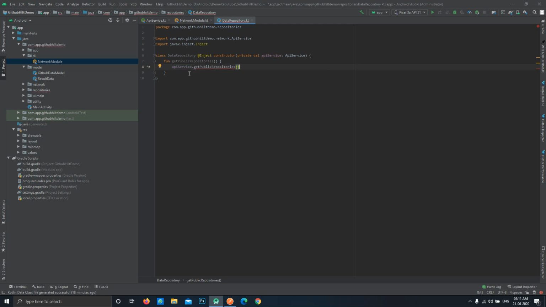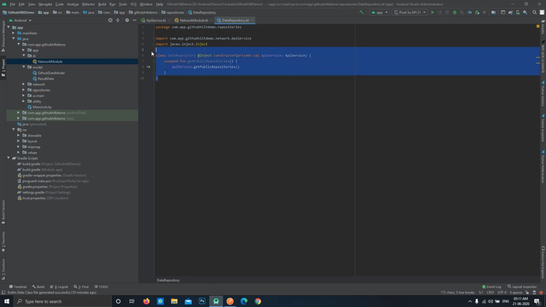Okay, so this will return an error like this. The error is that a suspend function can only be called through a coroutine or another suspend function. We can't use a coroutine over a standard class, meaning we are not going to use this. We are only going to use the coroutine directly in the view model class itself. So let's make this function a suspend function. So this error will be gone.